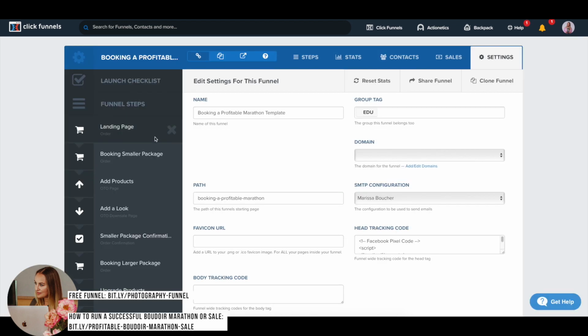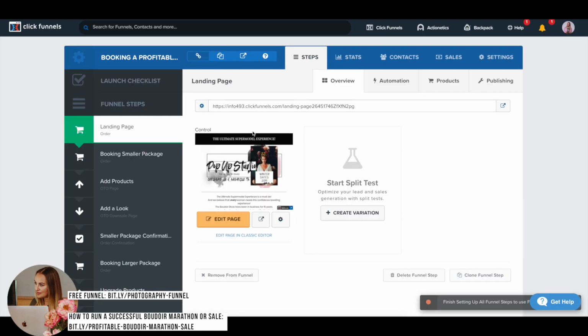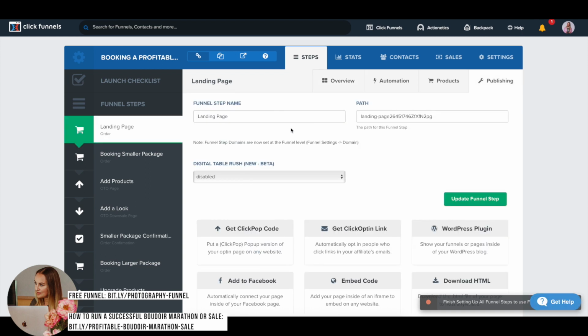All right, so the first thing you're gonna wanna do is come here, and if you're looking at my checklist, this is where for a while I had some quirks, and it was mainly because of the path. So, okay, there's the funnel step name. That's not as important as this path right here. See this path? This right here has to be the same path as, and let's say I change, you can write whatever you want there. Let's say I update it. Then you go back